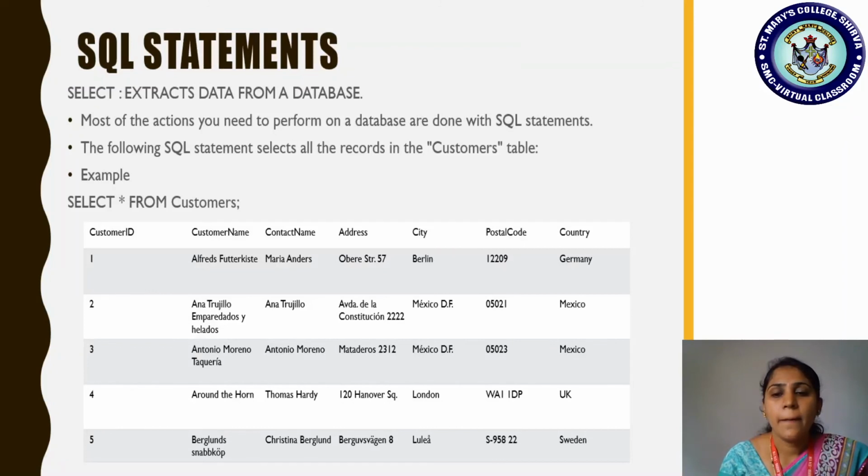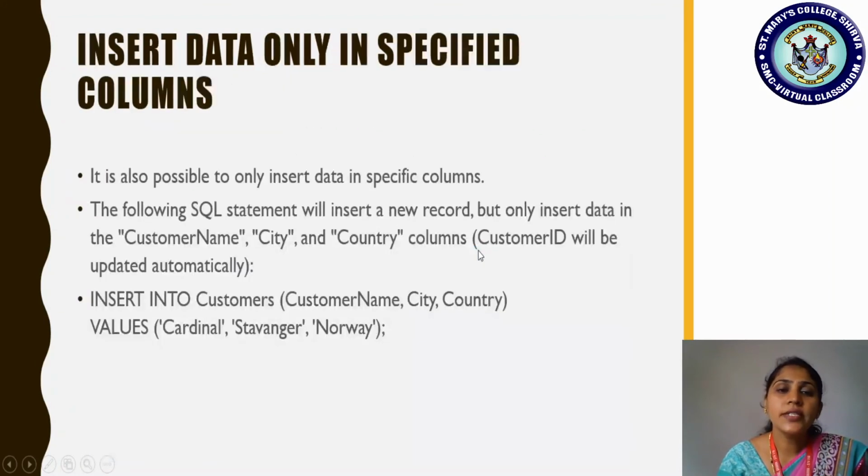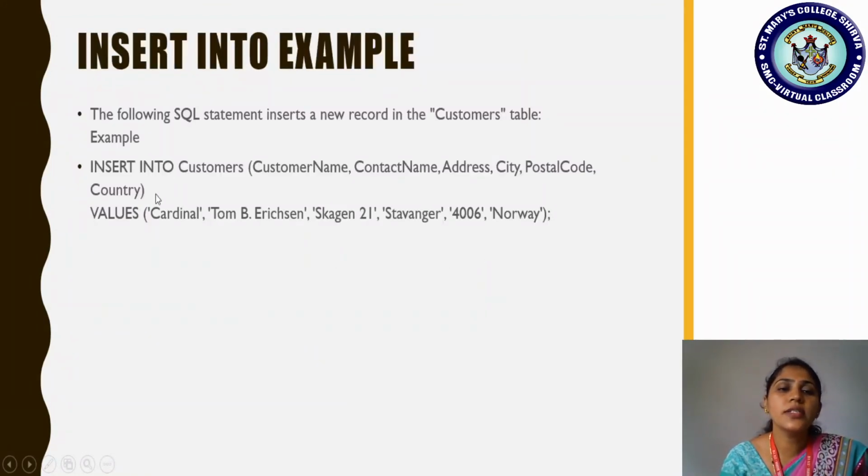Okay, then with the country, what are the values you are finding? Germany, Mexico, two values for this country you're finding, UK, Sweden like this. Okay, so however many values you are inserting, you are using this insert into customers. You are using the same syntax to insert any number of records, like if it is 5, 10. So if you are inserting 5 records, 5 times you are using this particular insert into customer syntax.